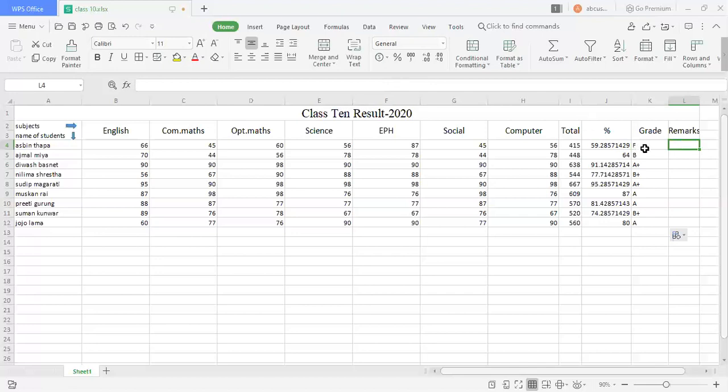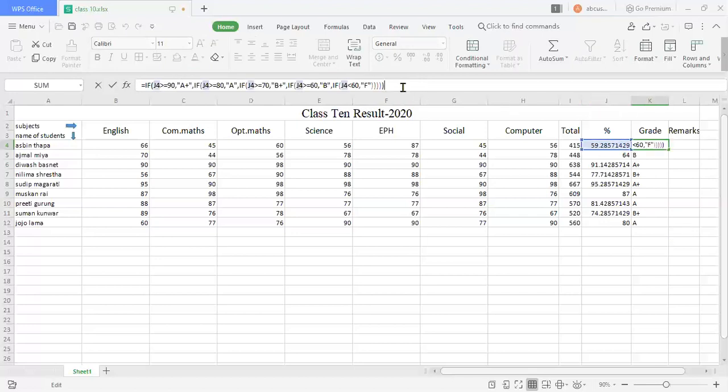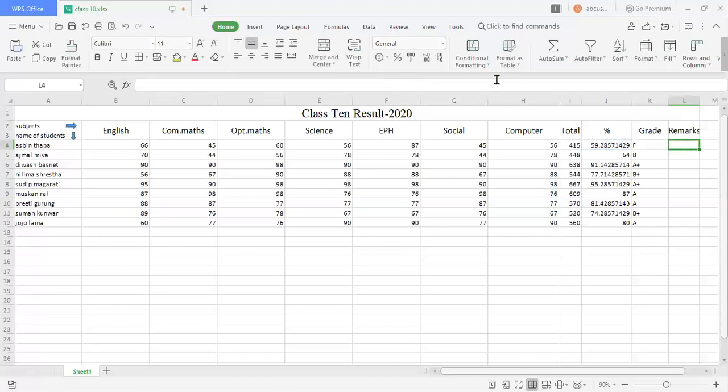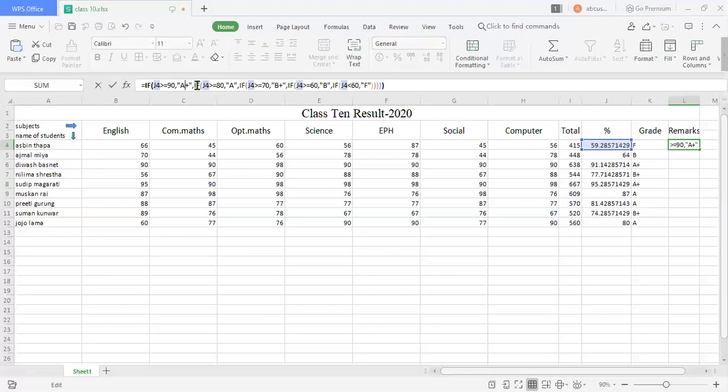And Remarks. Remarks are totally based on the grade. Let me use the same formula here. Let me copy it, go to Remarks, and paste the same formula in the formula box. Instead of the grade, I will give the remark in place of A plus.